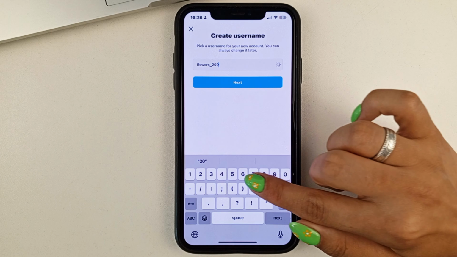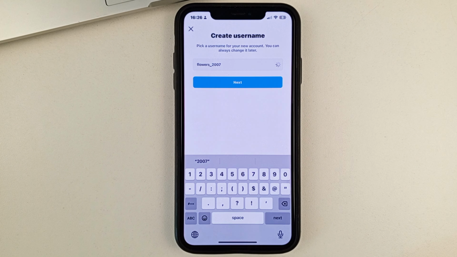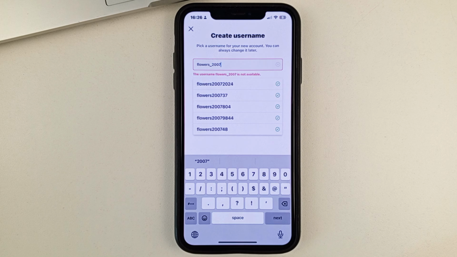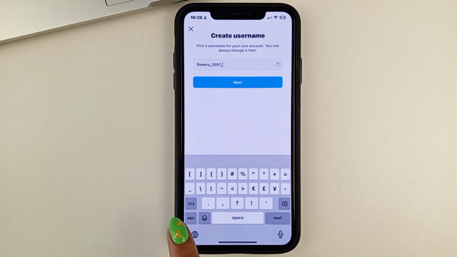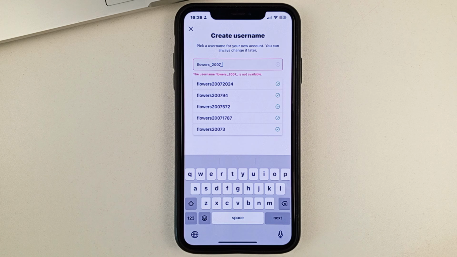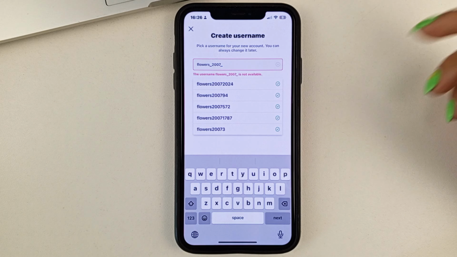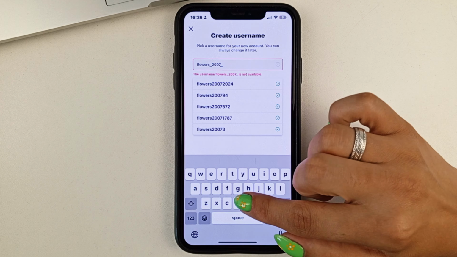But the most important thing is that the name is not already taken. If it is already taken, you'll be given some options that are similar. Or you can keep going until you find one you like.